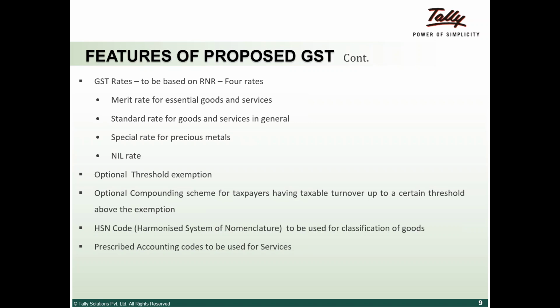That is another feature of the compounding scheme. Those who have a business of up to 50 lakhs can opt for the compounding scheme. Just going back a little, let me explain what compounding means. Generally, anyone with turnover of more than 10 lakhs is supposed to be registered under GST. There is something called compounding, where you can opt and tell the government that I will pay you an